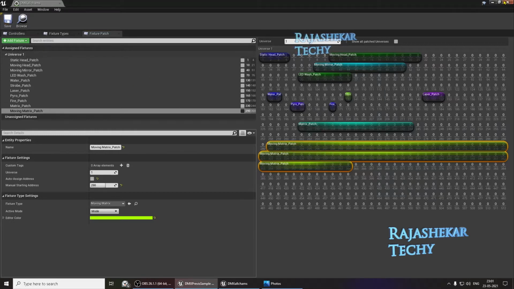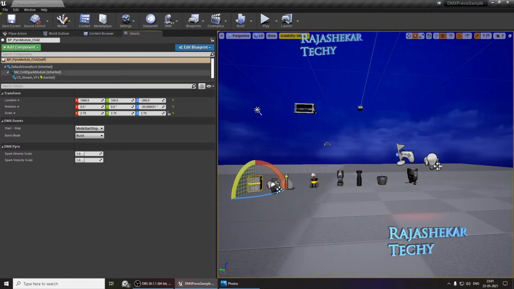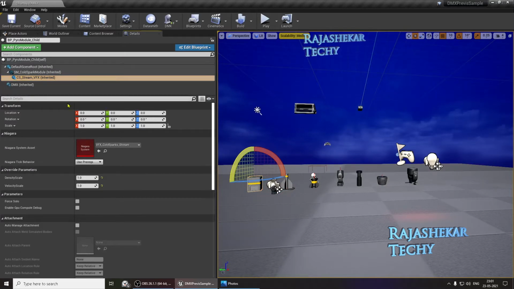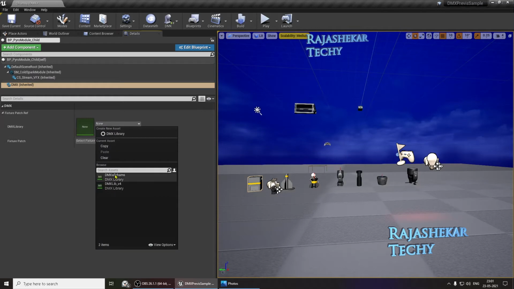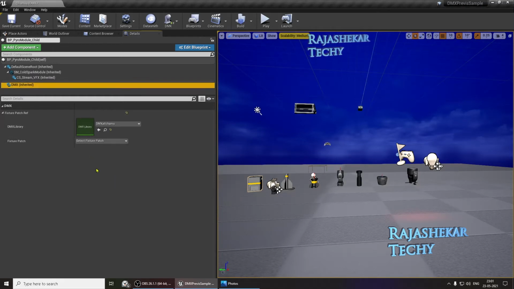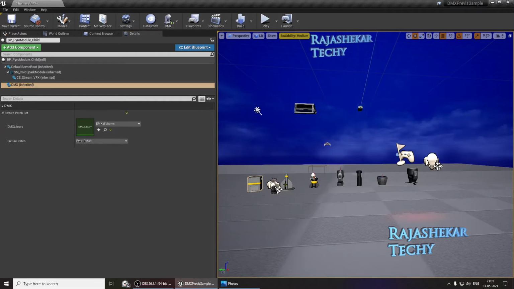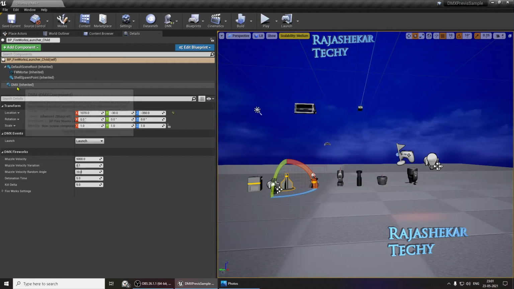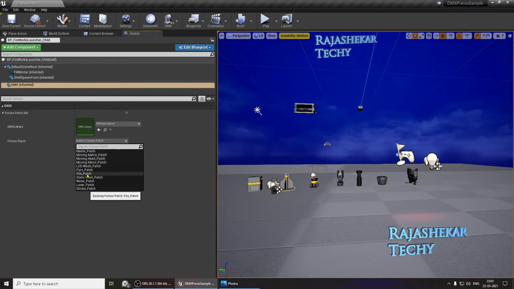Let's save. Now all the lights need to be linked to the corresponding patch. So this is very important. Let's select the pyro, details tab, and slightly move this window down, and you will see something called DMX inherit. Tap on that. Patch type library is DMX all champs, and the patch is pyro. So correspondingly, whatever element you are choosing, you need to choose that patch. So selecting the fire, DMX inherited, all champs, and this is my fire patch.